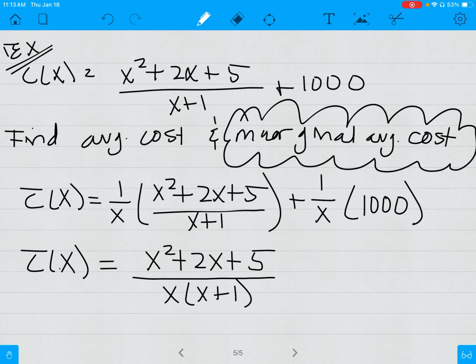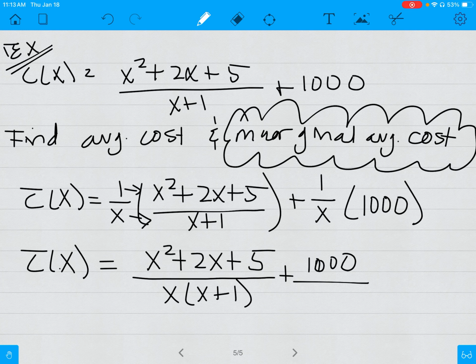Since we're multiplying two fractions here, I can simply multiply straight across the top, straight across the bottom. 1 times the numerator is just the numerator. X times x plus 1 in the denominator, I left it in factored form, okay? And then here we have plus